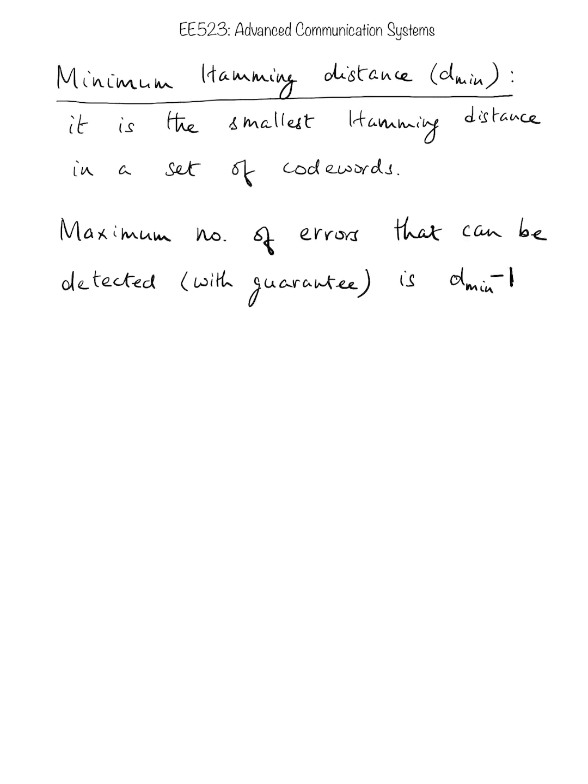2 errors can be detected. If it's more than 2 errors, it cannot be detected, and so on. So the maximum number of errors that can be detected by this coding scheme with guarantee, that means for sure it will be able to detect it, is given by the minimum Hamming distance minus 1. So that is the maximum number of errors that can be detected. Okay, similarly, the maximum number of errors that can be corrected with guarantee,